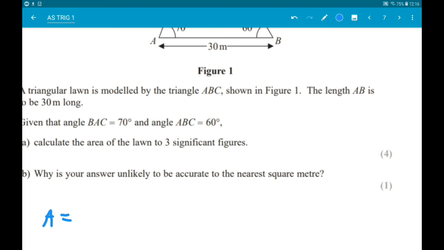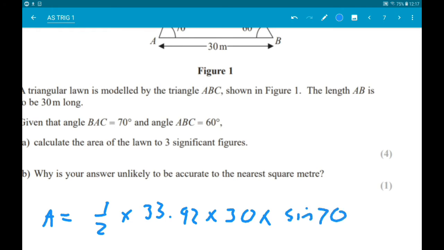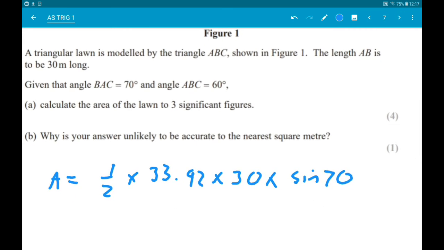So that's going to be 1/2 times 33.92 times 30 times sine 70. Now that to 3 sig figs gives us 478